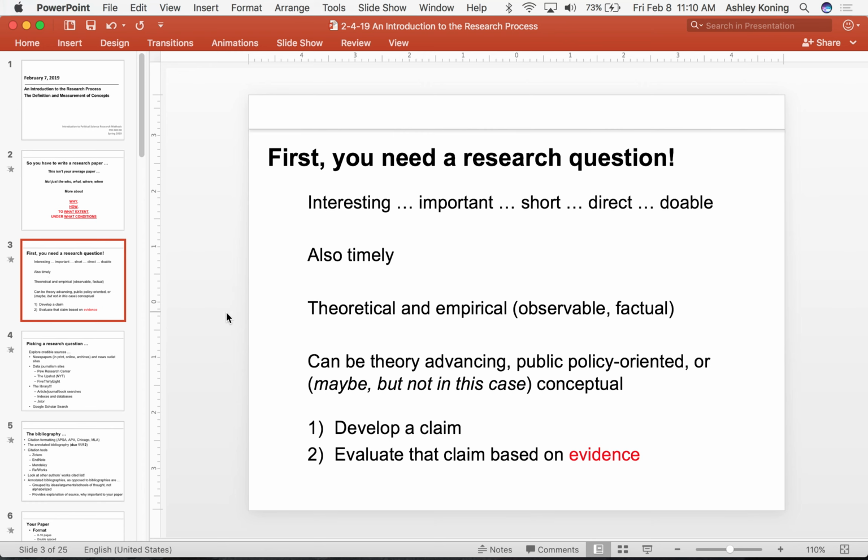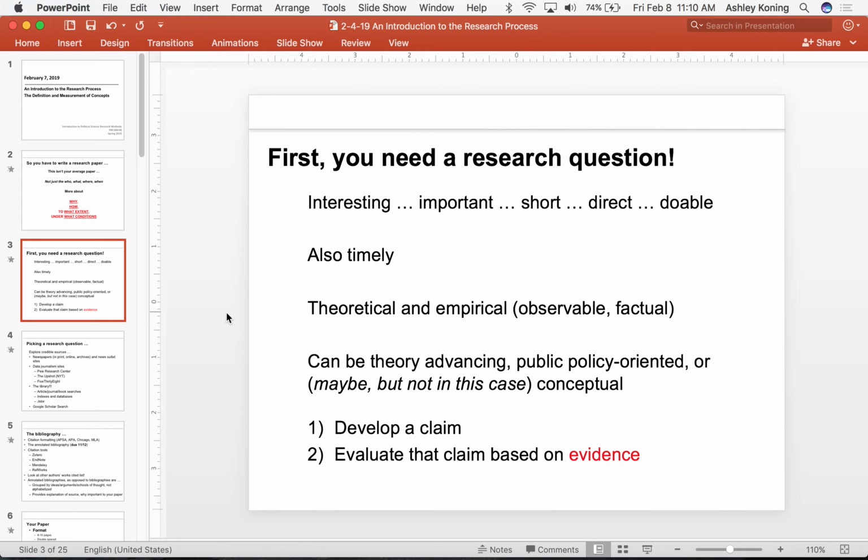Of course, when you're looking for a research question, like Baglioni says, you want it to be something that's interesting and important, but remember, we also want it to be simple or parsimonious. You want it to be doable, not something that's the level of a dissertation, not something that has a bunch of different causes or variables or explanations. You want to test one thing against one other thing, how one thing causes or potentially causes another thing.